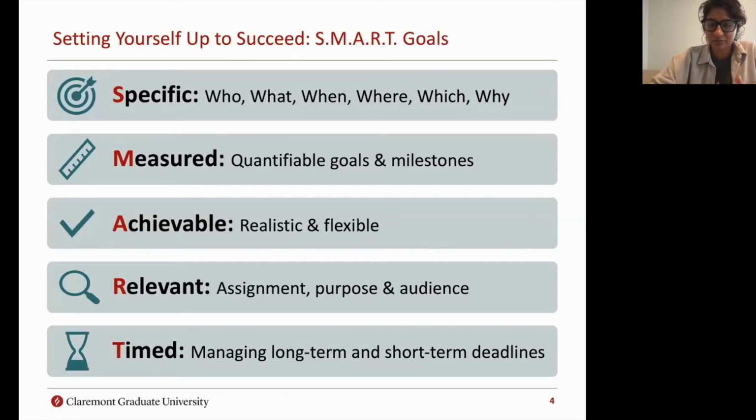So in creating a writing plan, obviously there is the timed element that happens both in a short-term and a long-term manner. I'll go over each of these in more specific detail, but essentially SMART goals here is a method to think about creating a writing plan that helps address the context of your assignment, as well as how you need to approach the assignment in a useful way for yourself, and the types of goals that work for setting up goals for yourself.